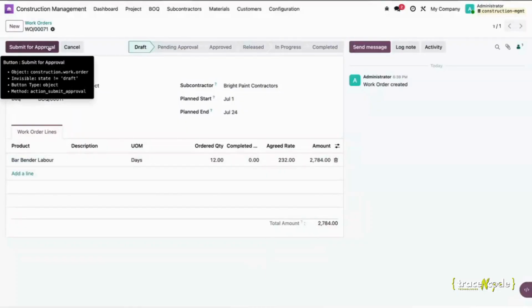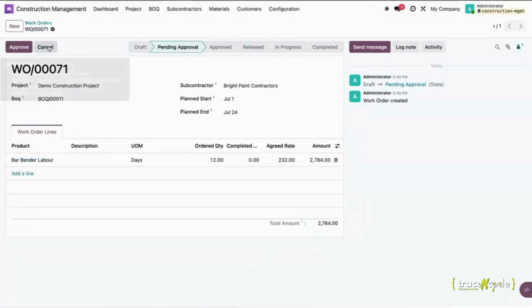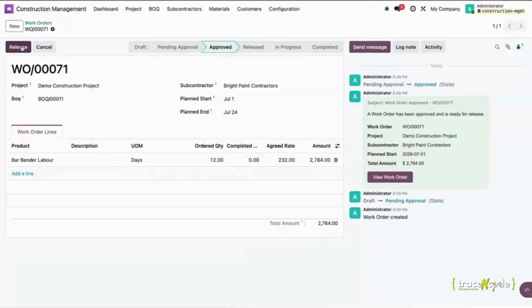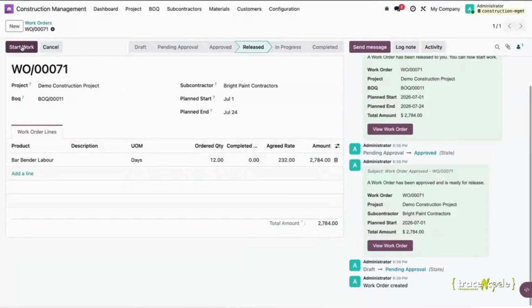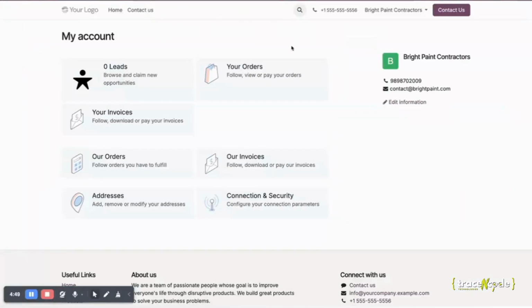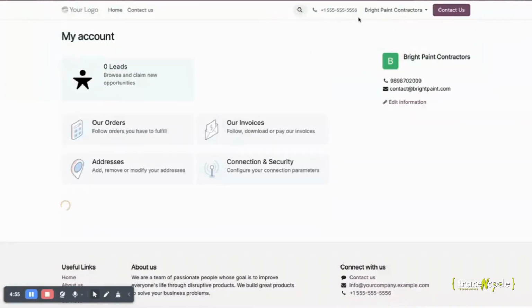This approval flow will follow the construction management users that we have created for you. And once this particular work order is approved and released, then we have a dedicated portal for the subcontractors. Let us check that dedicated portal. Over here I have logged in with that particular subcontractor. Over here, if you refresh,